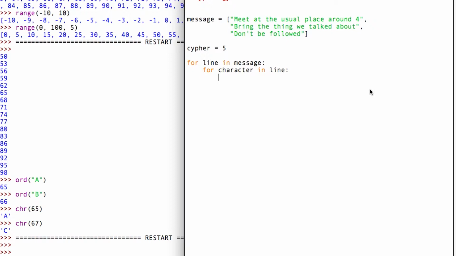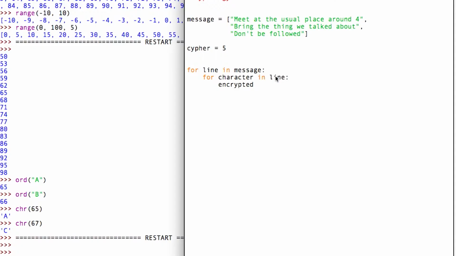So the encrypted, we actually are stuck here. We don't have a variable to store our encrypted message in yet. We have to make that outside the for loop. Set that equal to an empty string at first. So then we'll say encrypted plus equal to the,